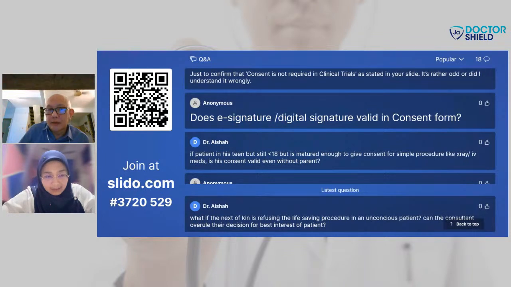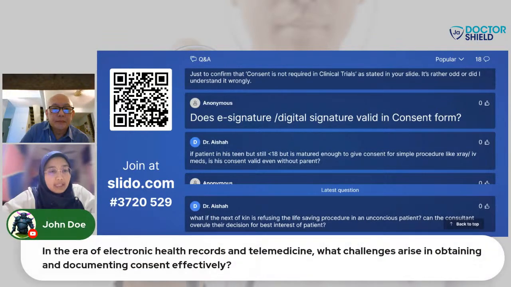Correct. So you're saying it's not really necessary to be paper, it can be electronic. Yes, but when it is electronic, in the event that the matter escalates into court, it will require a lot of explanation, because the judges are not really familiar with how it works. So you need someone to explain, or even the consultant must give a good explanation in order for the judge to understand how it works. So we just need to document that we've explained inside the records.